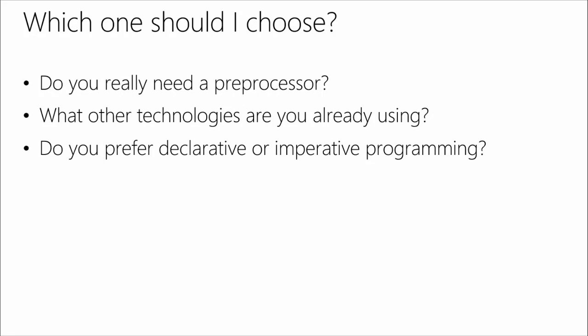So lastly, I guess we should talk about, hey, there are these 3 preprocessors. Helen said a couple of things about each one, and they all seem to have pretty strong advantages, right? Right. LESS can be run in the browser. It's super compatible with Bootstrap. It's very like CSS. That's great. Sass is so fully featured. Anything you want to do, you can do, and there's already a great network of support with Compass. And Stylus is just easy to write. It's a pleasure to just type out a couple of words, indent it, and have that be your style